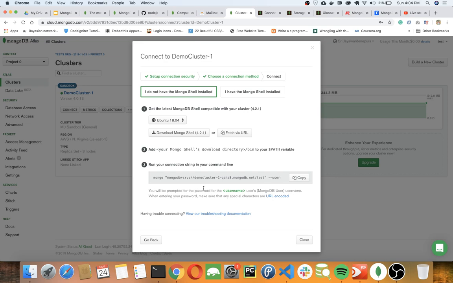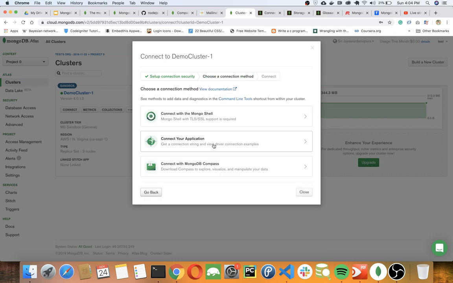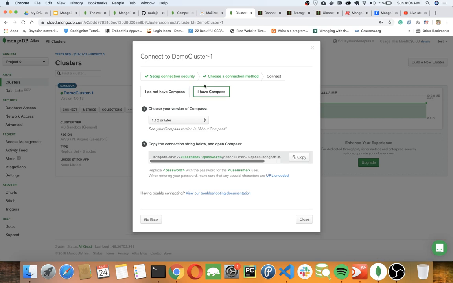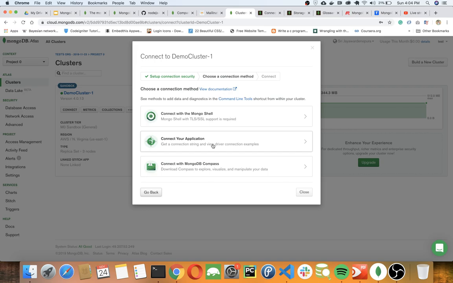So MongoDB can also be connected with Compass, as I have shown you. I have Compass here which I have downloaded from the MongoDB website. The other option will be to use the MongoDB driver, as MongoDB have